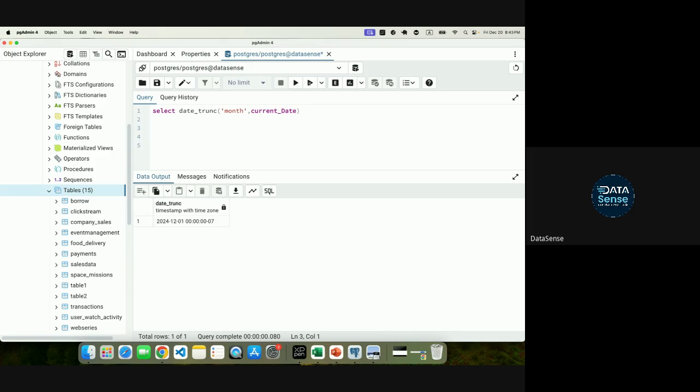You want to check by the 1st of that particular month how many payments have come in. Suppose you put a filter on how many payments came in this month. So you can say date_trunc of this particular variable, whatever month, is equal to 2024